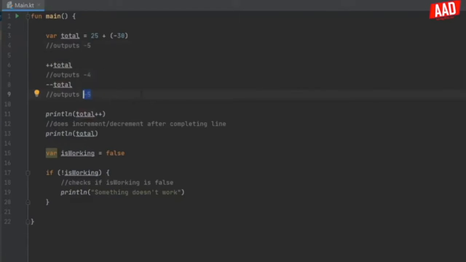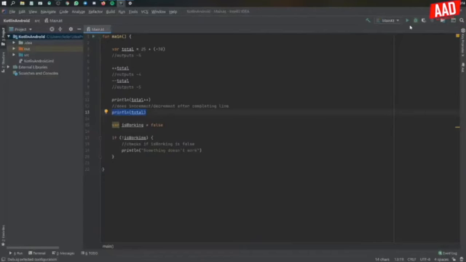And there's one important thing I need to state, which is that if you were to add the plus plus at the end of the value, instead of at the beginning, it will increment it after the print line statement. So you will not see the result when I print this statement, but you will see it the next time it gets printed. And I'm just going to play this to make sure I can get the idea across a